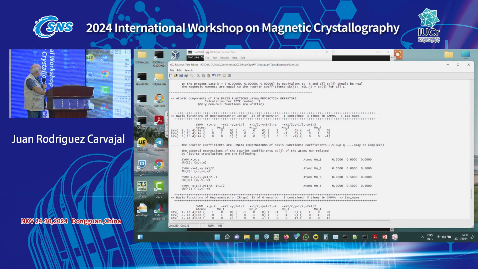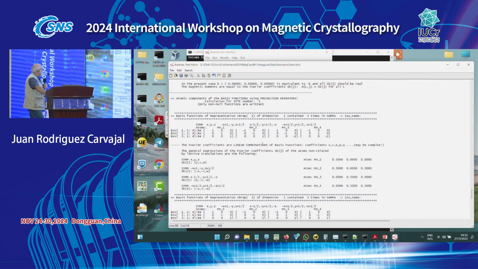Then for representation, site number 1, the basis function is a projection operator, only non-null functions are written here. And we see the basis function of representation 1 of dimension 1 containing 3 times in gamma. Here the ISO name is not given because I have not read the